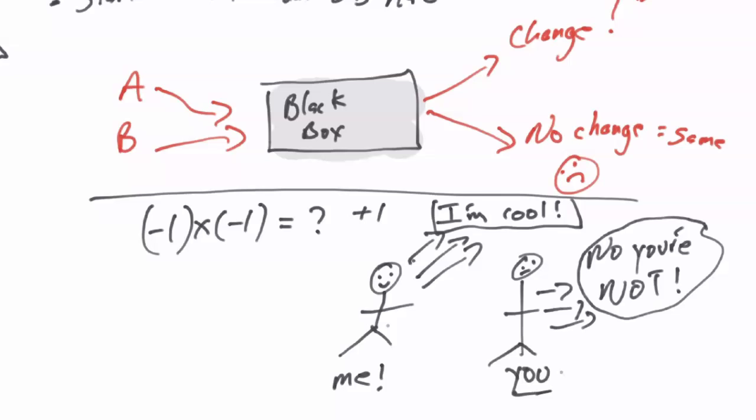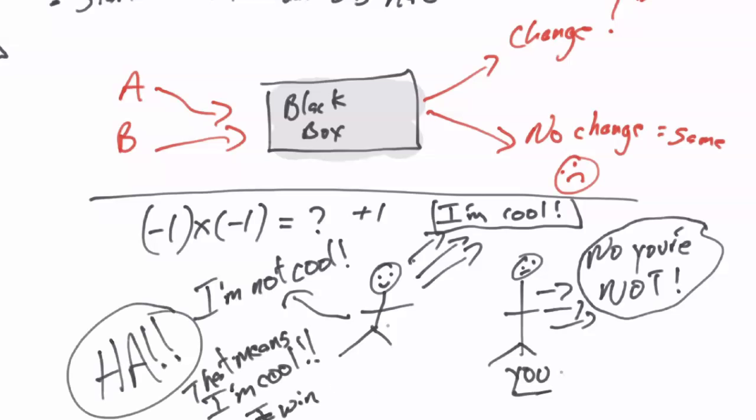I'm cool. No, you're not. I'm cool. No, you're not. And then what makes it a game is that at some point during this raging debate, I would introduce the statement, I'm not cool. So it would look something like this. I'm cool, no you're not. I'm cool, no you're not. And then I'd slip in, I'm not cool. And you would just, because you've been saying this so long, say, I'm cool, no you're not. And then when I say, I'm not cool, you would say, no you're not. And then I would go,